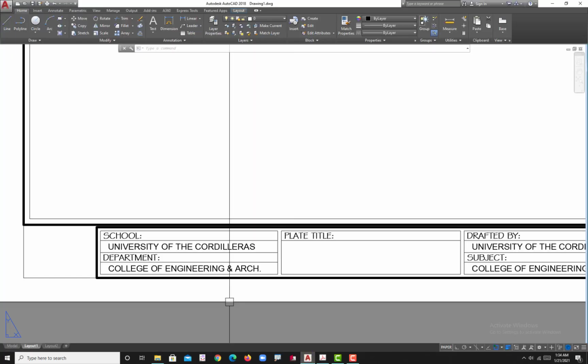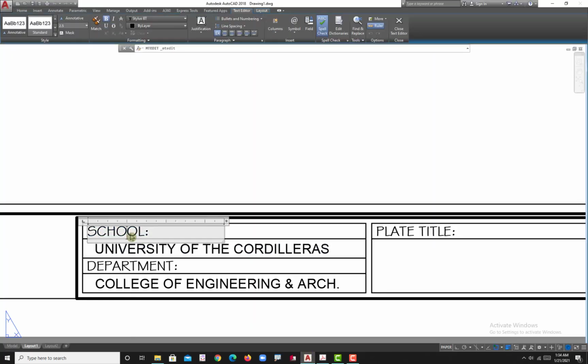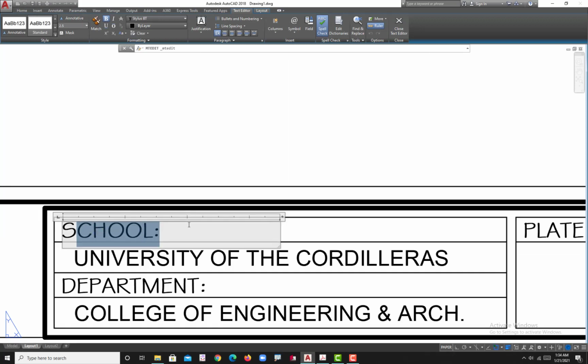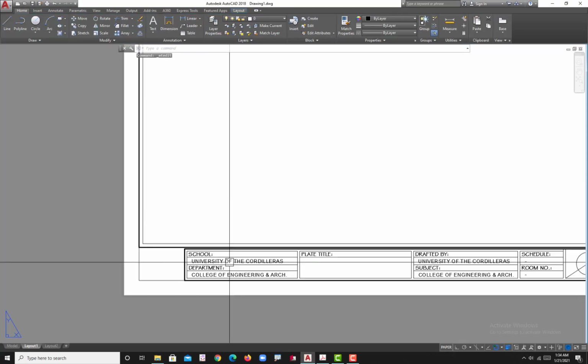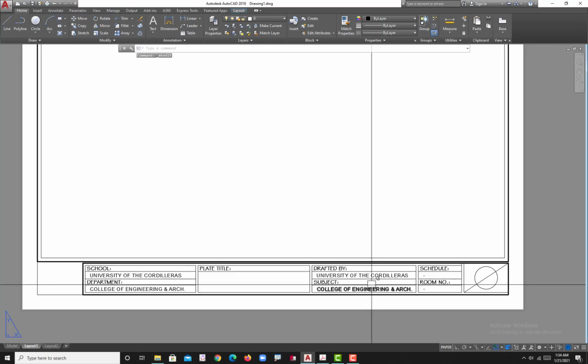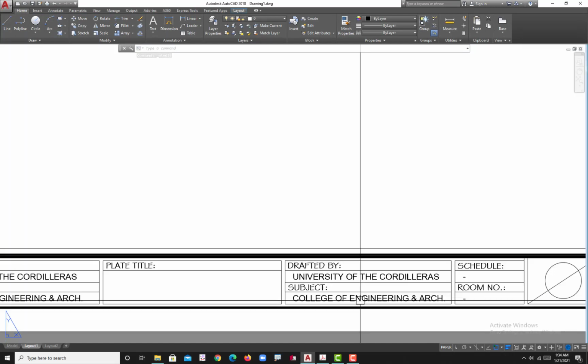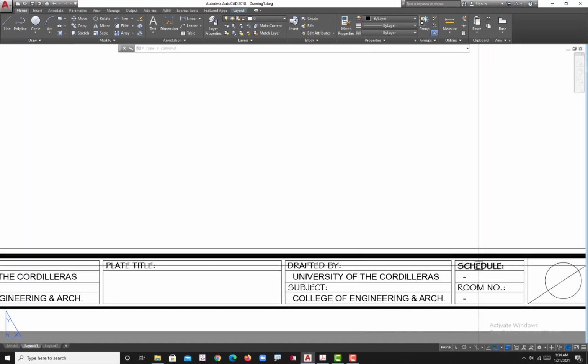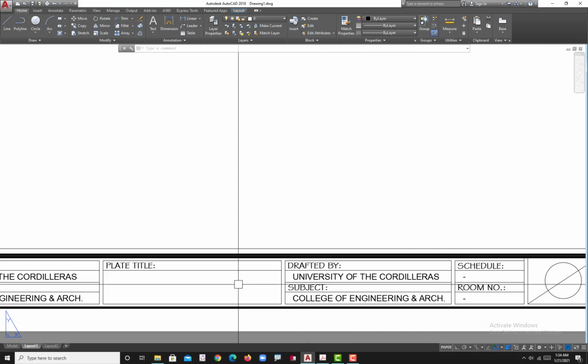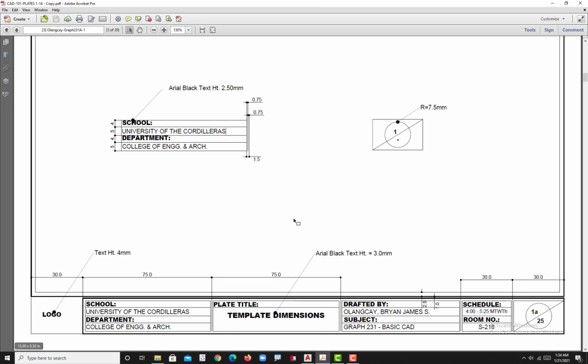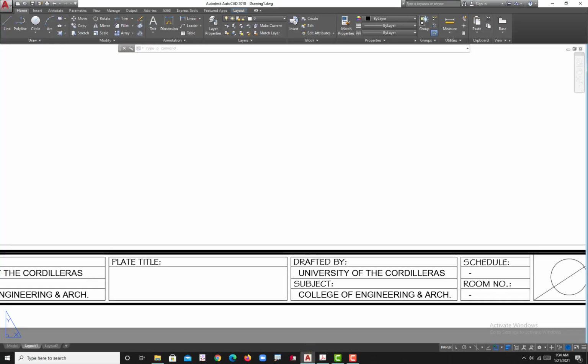But what I've done here is Stylus BT. This is a Stylus BT, and then you have Arial. So it's up to your taste. You can revise what is on these template dimensions. Okay, so that's it. That's how you're going to draw or